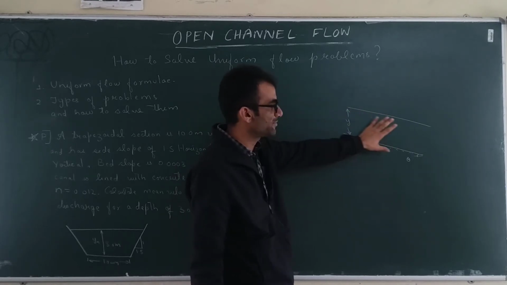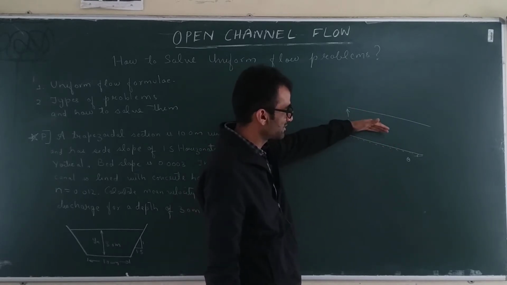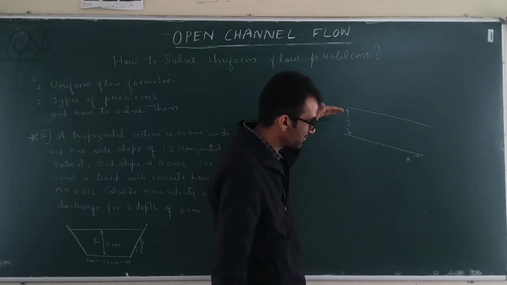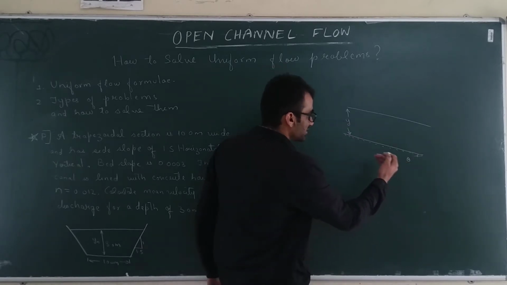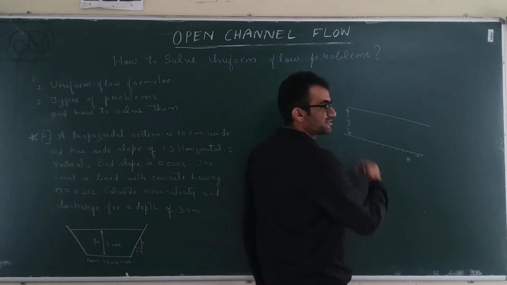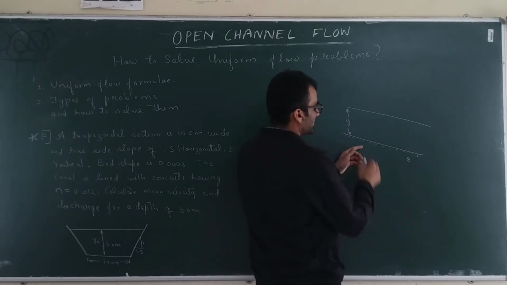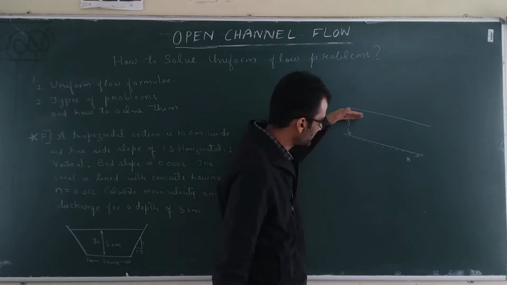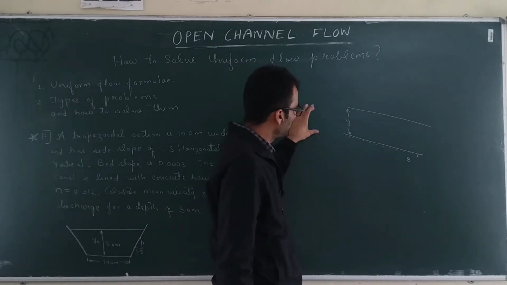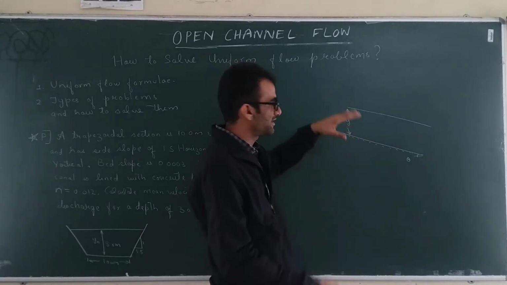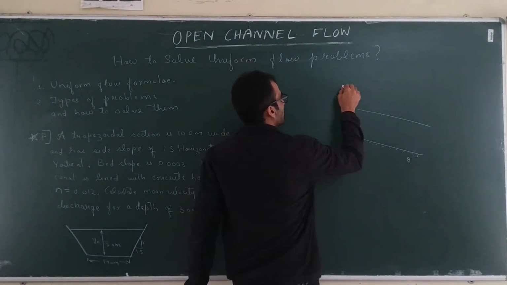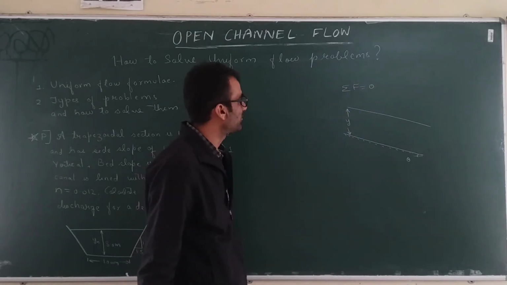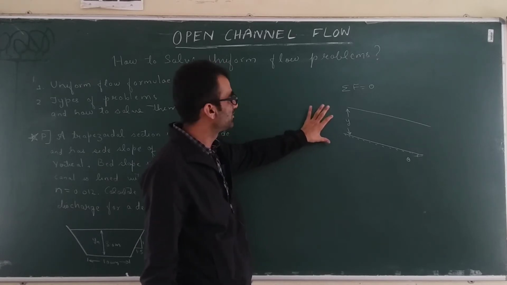Okay, so forces are balanced now. What major forces are acting on this kind of flow, on open channel flow? One force is the gravity force, which is causing the motion, and other force is the frictional force, which is resisting the motion. Okay, because of the friction which is coming from the bed and sides. So basically these are the two forces, gravity and resistance, and when uniformity is achieved, both the forces are balanced, and net force acting on this flow is zero. So no net resultant force is acting on the uniform flow.